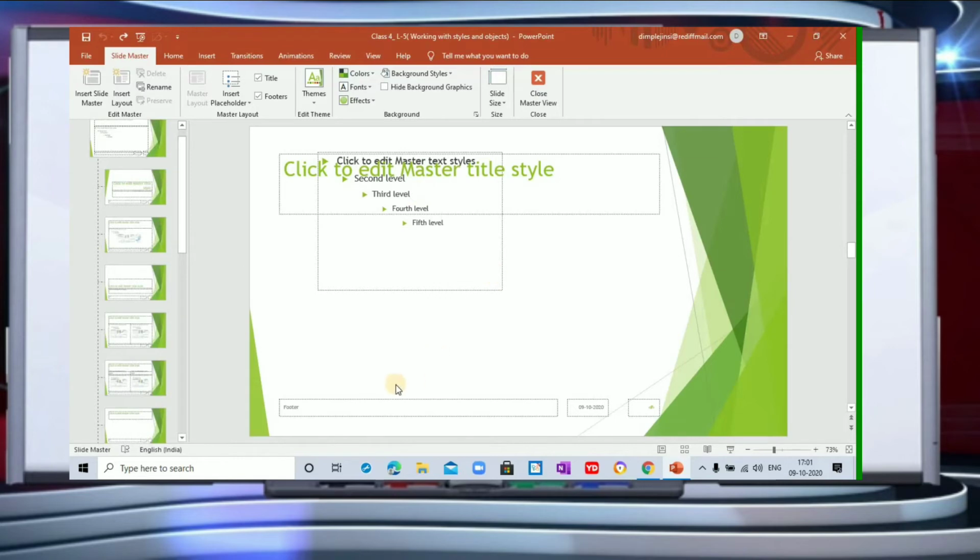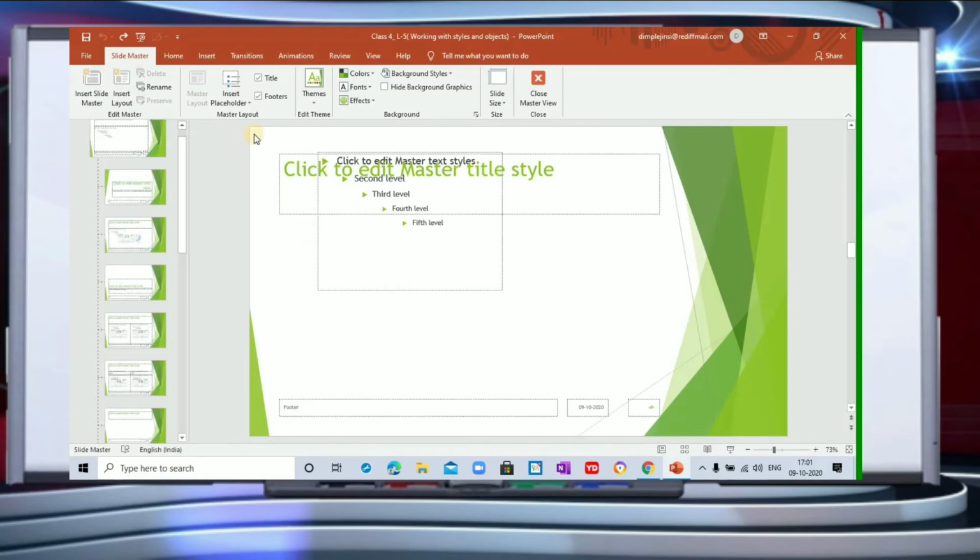If you want to use a footer, and I have told you already what a footer is and what it is used for, and supposing you want to write the name of the school in your slide, you can use your footer here. If we write the name of the school here, it will appear automatically in all the slides. You don't have to do anything for that. Whatever changes we make here will be done automatically for all the slides.